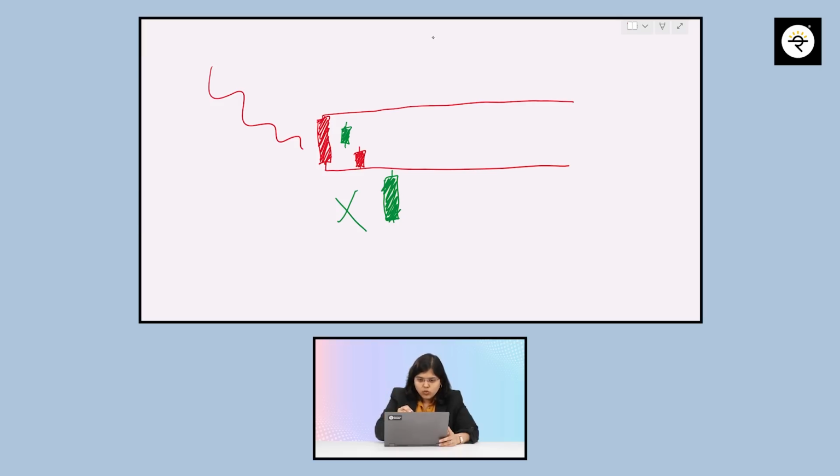What could be case number 2? Case number 2 is that, let us say after this we get this candle. Here this is the second one. Now the third one, so it is inside, by the way. Now there is a break on the upside, but it closes. Here we get a good opening above, but the closing is in big red. Okay, see, ideally this should have been a bullish reversal pattern, but then you have a big red candle outside the range. Still this will not be considered as valid. Okay, I hope this point is also clear.